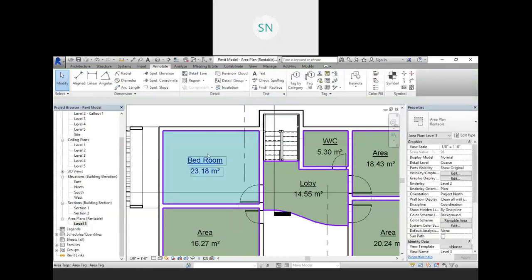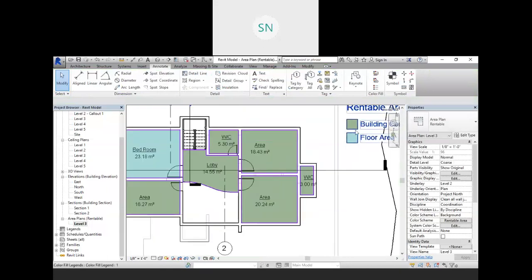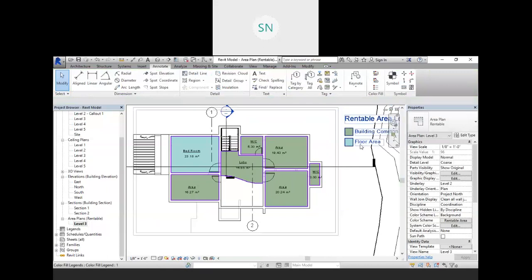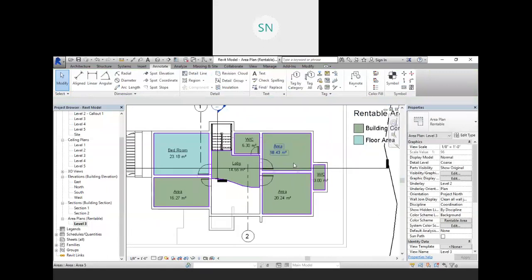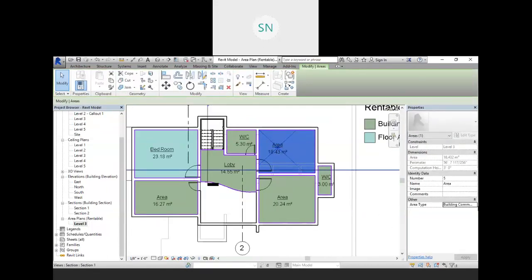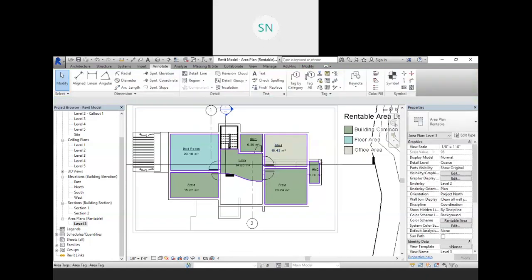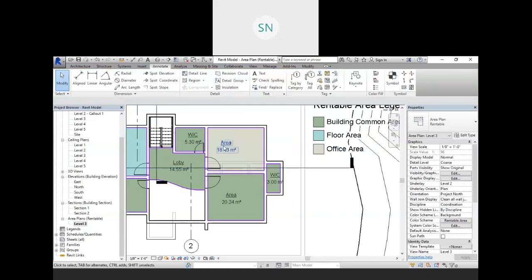So you will get automatically another copy, another name, another category over here with different color. For example, this is my office area, right? I am just choosing, for example, office area. So as we provide the different category, it will prompt with the different color.